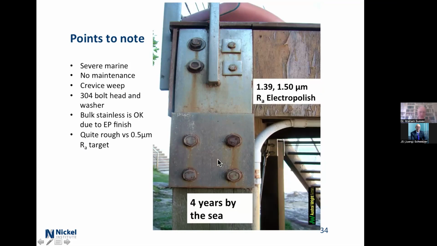The bulk stainless up here, it's electropolished. It's a bit rough, 1.5 micrometer Ra, but the electropolishing gives you really quite good corrosion resistance, except where the chlorides can build up in the crevices. And it's nice and vertical, so it drains away, except around the bit. And also, I suspect on the top left, the lower gasket, the lower washer, I think is probably a 304 rather than 316.